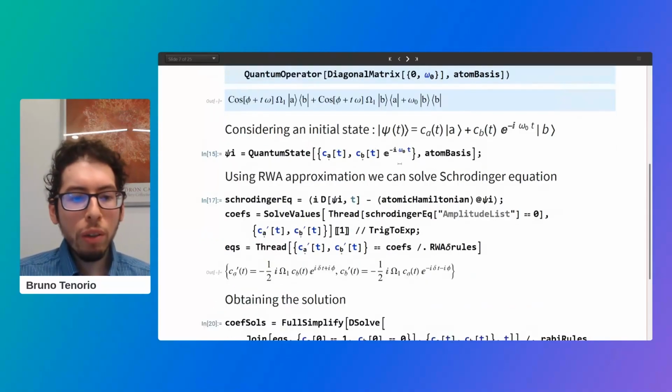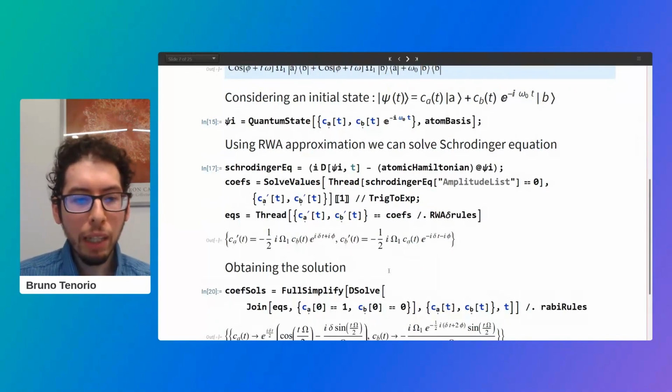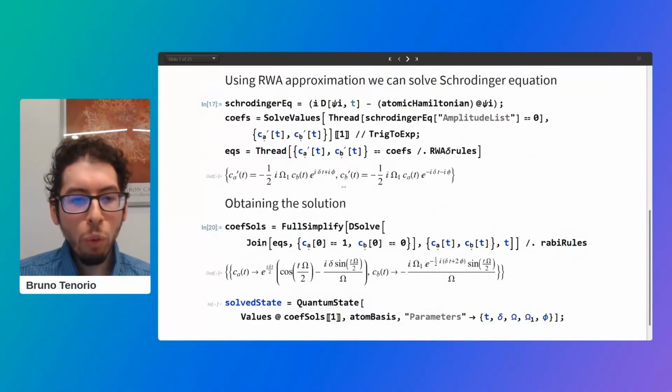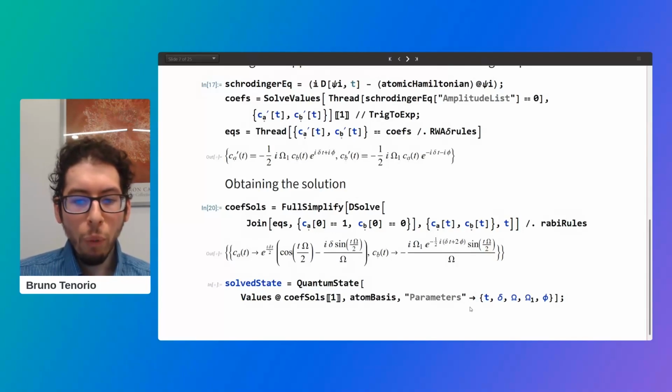And to solve it, we manipulate the Schrödinger equation. We use some symbolic manipulation and replacement to make it in a simple form, discarding the fast oscillating terms. Having that equation, we can just solve it for the time-dependent coefficients, and we can encode it in a quantum state with parameters. We can plot